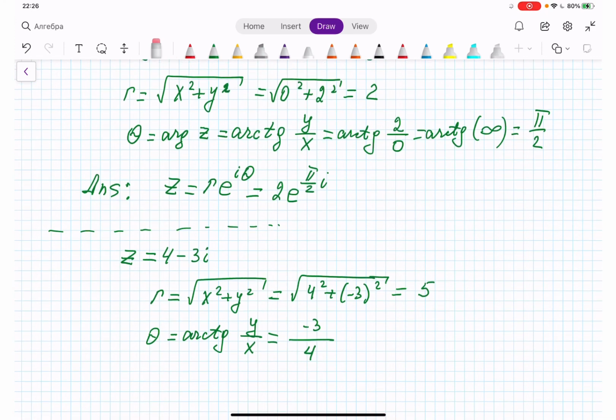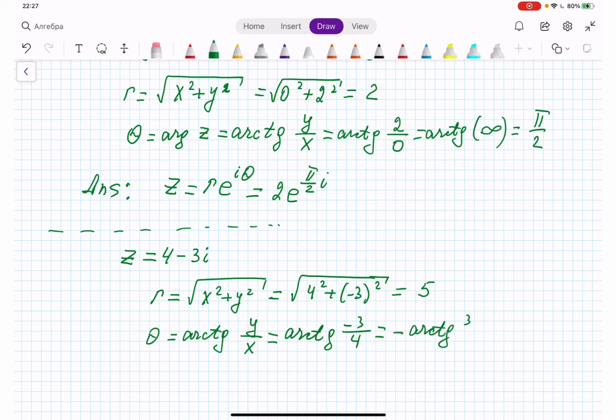So from here, hold on, let me squeeze in, it has to be arctangent of negative 3 over 4. Negative 3 is the coefficient of the imaginary part, and 4 is the real part of the complex number. So since I have negative 3 here, I can take it out, it's going to be negative